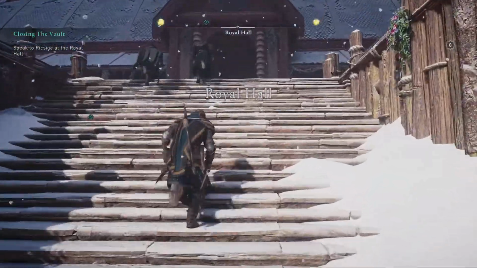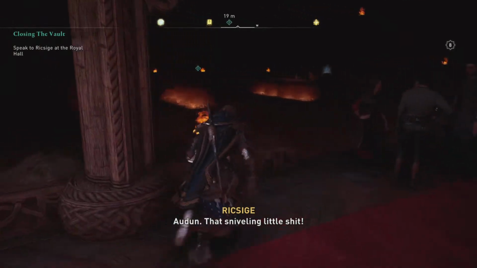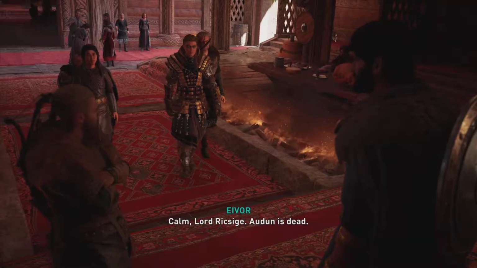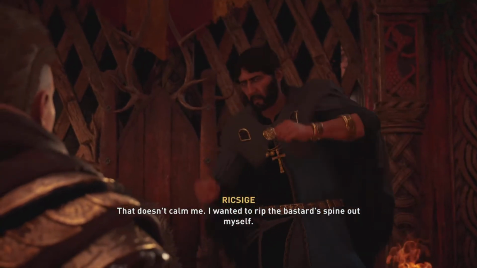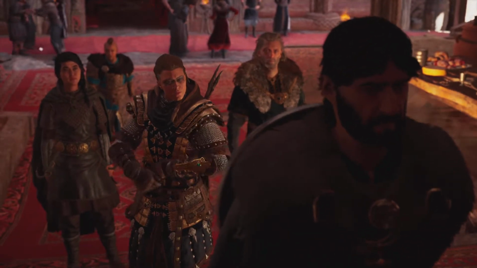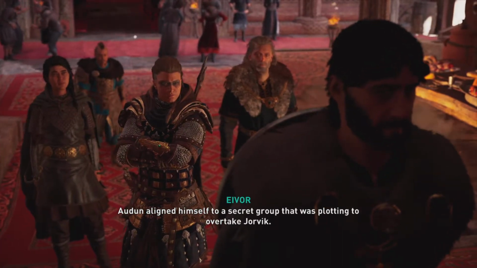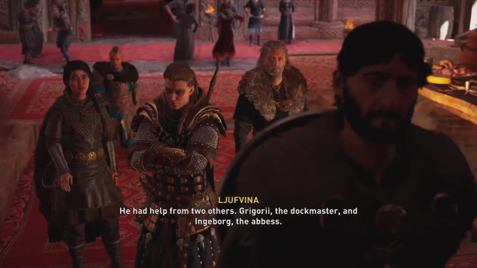So here's the Royal Hall. Nice. Alden, that sniveling little shit. Alright. I don't care. I want answers. Calm, Lord Rishi. Alden is dead. That doesn't calm me. I wanted to rip the bastard's spine out myself. You want to calm me? Start talking. Alden aligned himself to a secret group that was plotting to overtake Jorvik. He had help from two others, Grigori the Dockmaster and Ingeborg the Abbess. And you,